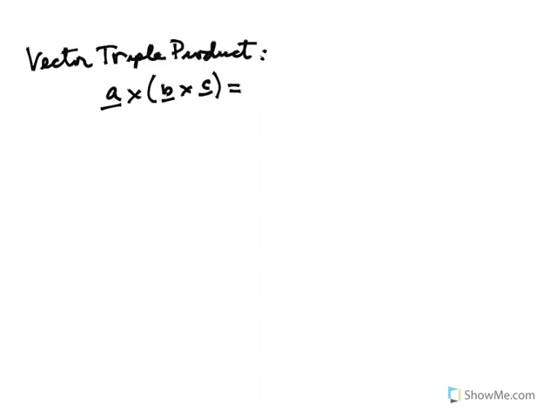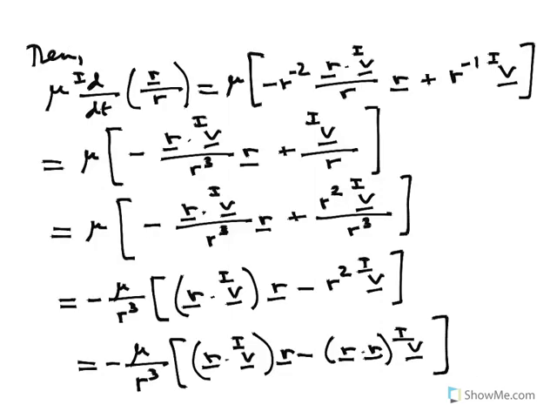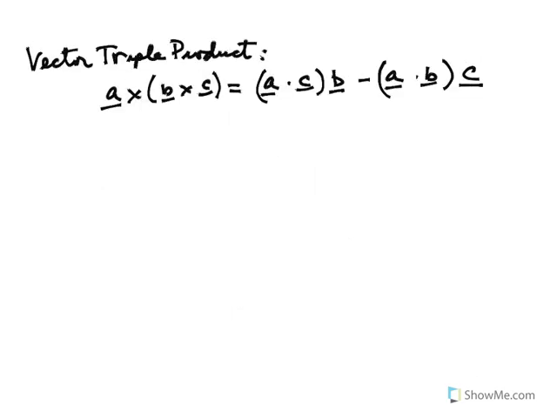So the vector triple product has the property that A crossed with B crossed with C is equal to A dotted with C times B minus A dotted with B times C. So if you apply the vector triple product to this expression that we have, we apply the vector triple product,